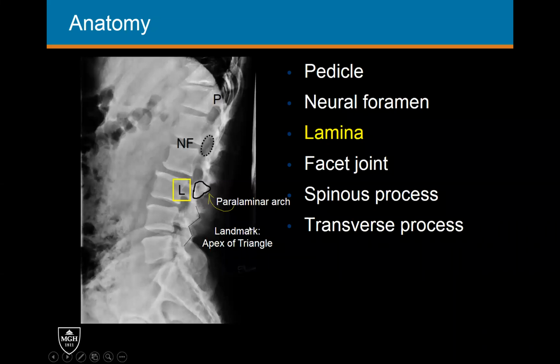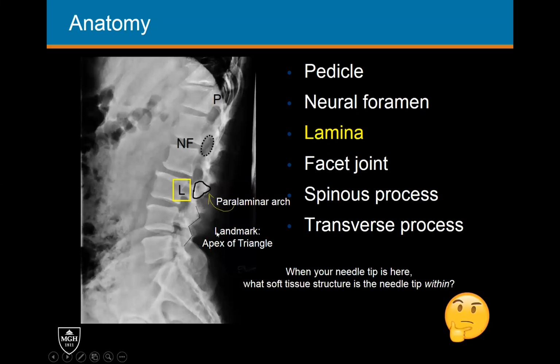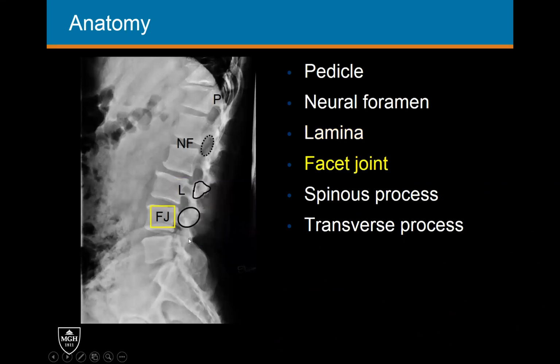And while you're thinking of that triangle, when my needle tip has reached here, what soft tissue structure is the needle tip within when I've reached here? So keep that in your mind as we move forward, and we'll go over that later. All right, so here again is our facet joint, which is important to remember,